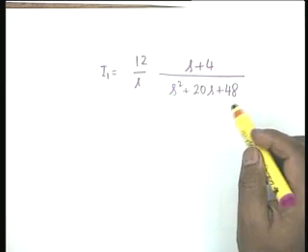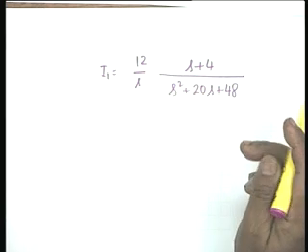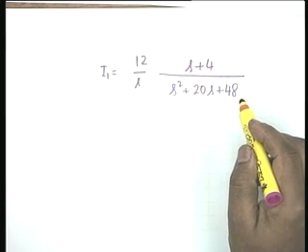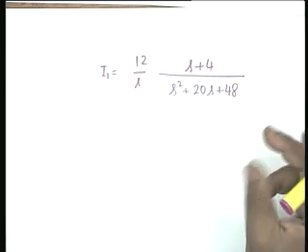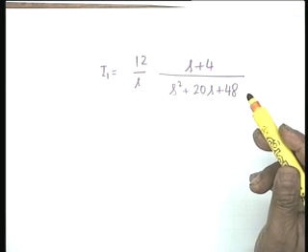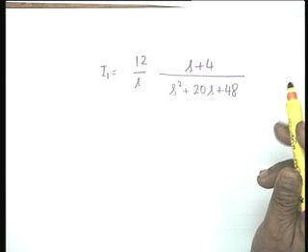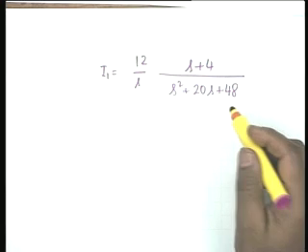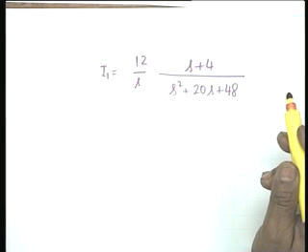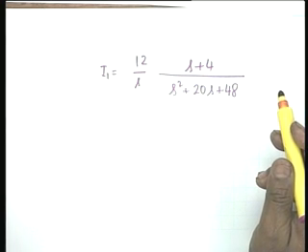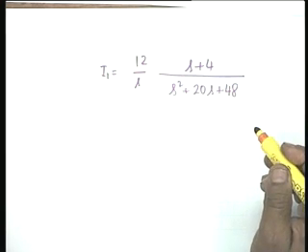Unfortunately I couldn't factorize this because I don't know, no two factors of 48 add up to 20. 8 plus 6 is 14, 4 plus 12 is 16. So the equation is S squared plus 14S plus 24. Oh, I see, I had made a mistake then. And the solution is minus 2.